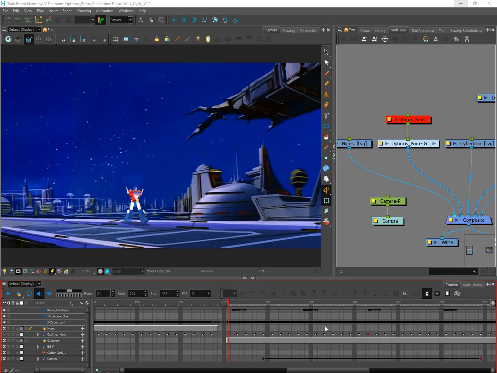In today's lesson, I'm going to talk about the timeline, which is this area here, and how to use pegs and how to animate. So if you would like to be able to do this one day,